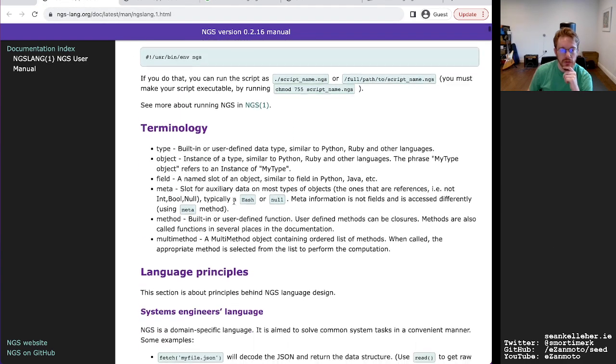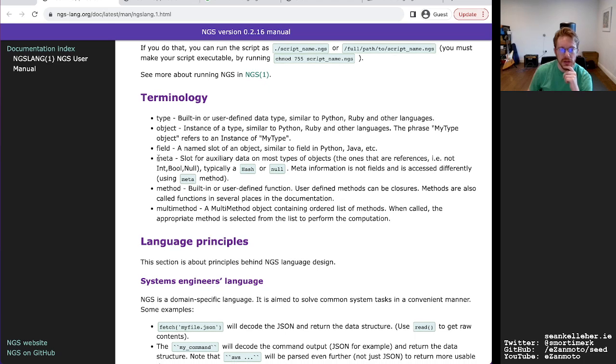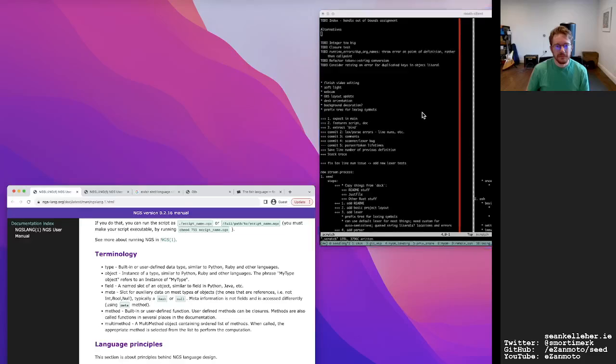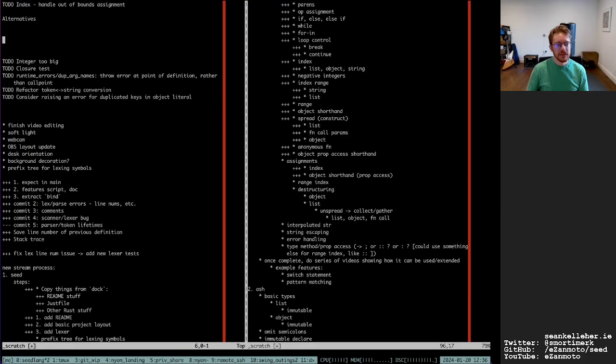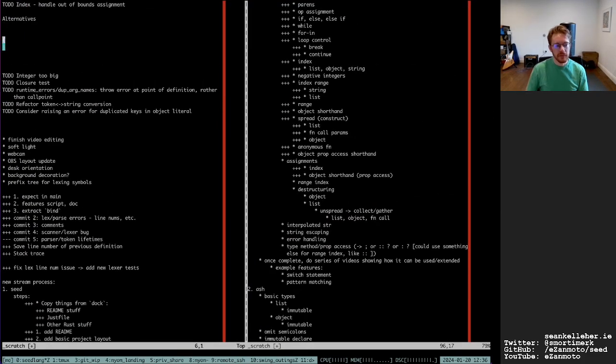So here we have the manual, terminology, meta, slot for auxiliary type data. So meta information is not fields and is accessed differently using the meta method. Okay, so that could be similar to what I'm doing with type methods. So I guess the probably typical alternative is the way JavaScript operates.